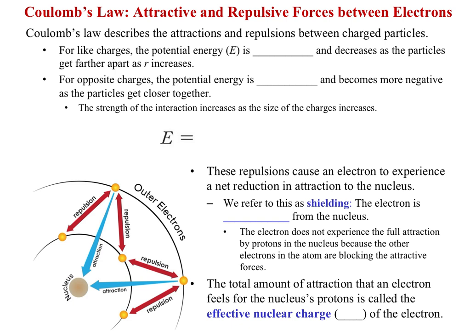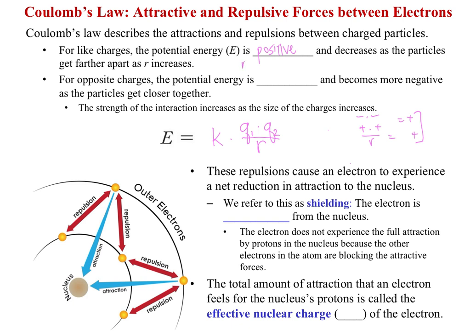So once again, we're going to talk about Coulomb's law because even though it's a physics equation, it explains a lot of the interactions and the energies of these charged particles that we're dealing with. So Coulomb's law says that the energy between 2 charged particles equals a constant, we'll call it K, multiplied by the charge of particle 1 times the charge of particle 2 divided by the radius, or the distance between the two. When we have like charges, like 2 positive or 2 negative, we know that they repel. And so we have a positive times a positive over a radius is going to be a positive number, or negative times negative will also equal a positive number. So positive energy